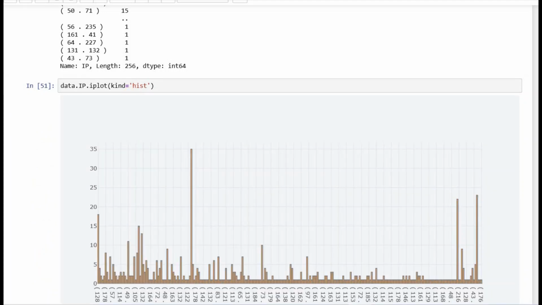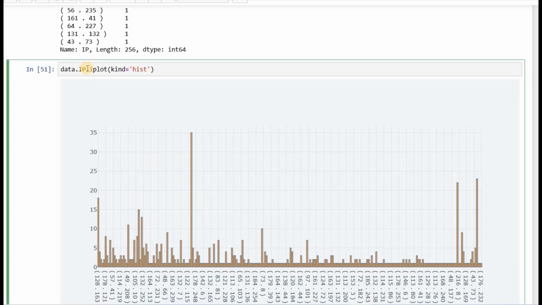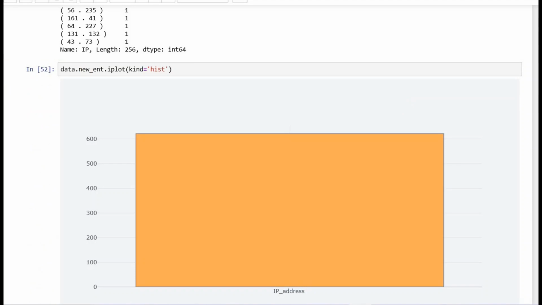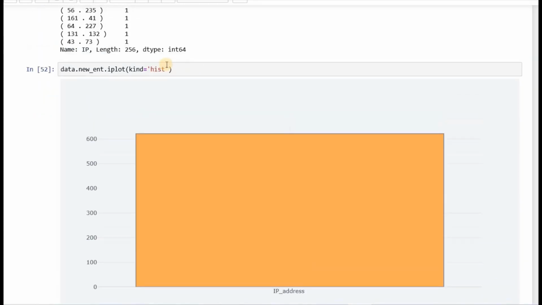So we can see graphically how many times each IP appears, this is the highest number, and these are the details. We can also see the distribution of the new ENT. Okay, this doesn't make a lot of sense.